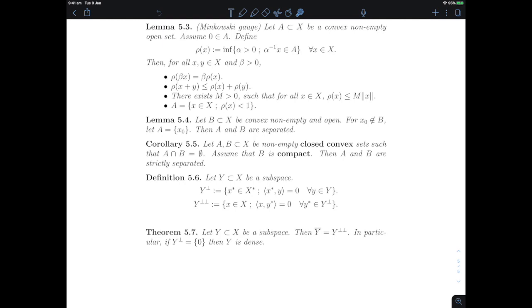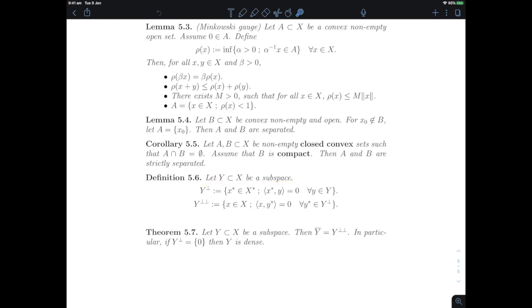So to finish this chapter, we are now going to see a theorem that extends a very practical tool from Hilbert space theory to general Banach spaces, applying the geometric form of the Hahn-Banach theorem. So this is theorem 5.7 here, and this gives us some form of orthogonal subspaces in Banach spaces. Now, we don't have a notion of orthogonality, we don't have an inner product, but what we do have is a duality product. So given a subspace Y of my Banach space X,